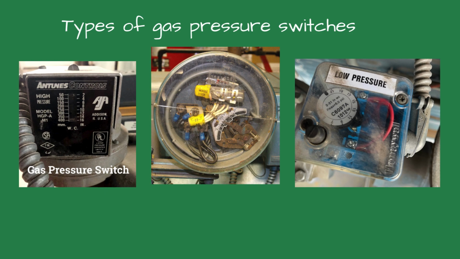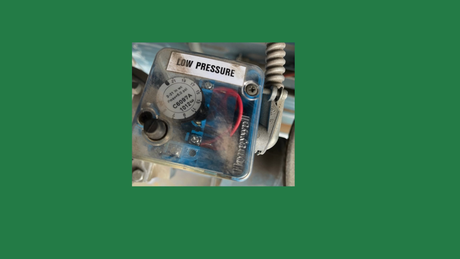boiler. If the gas pressure is too low, the boiler may not have enough energy to heat the building. Low gas pressure can cause flame failures and nuisance shutdowns. In my opinion, high gas pressure is more dangerous than low gas pressure, as it could cause the boiler to soot. If the gas pressure is below the set point on the low gas pressure switch, the burner will shut